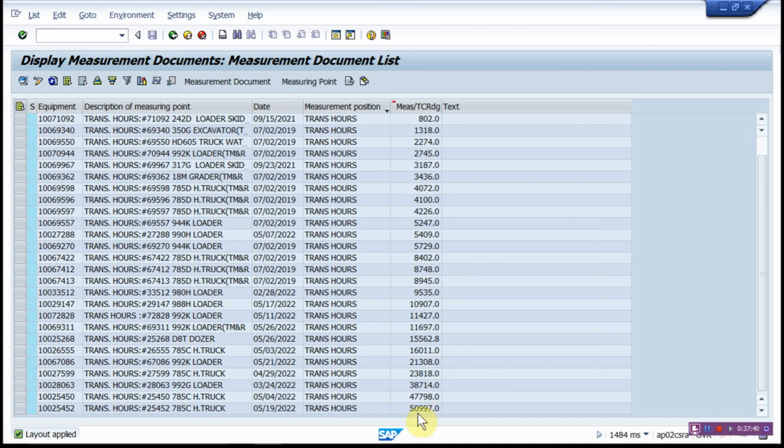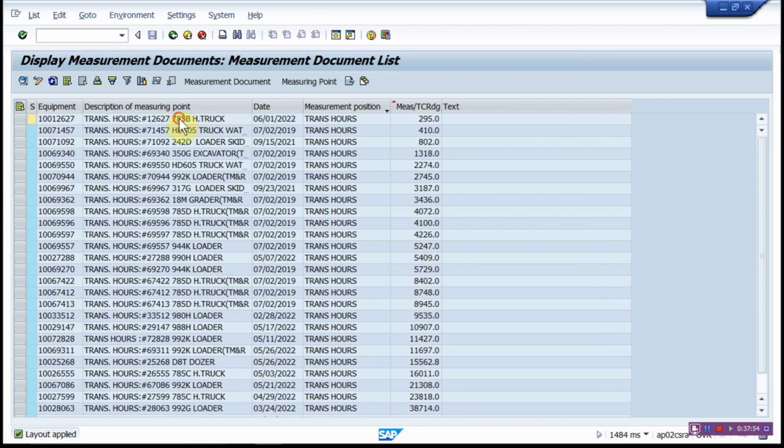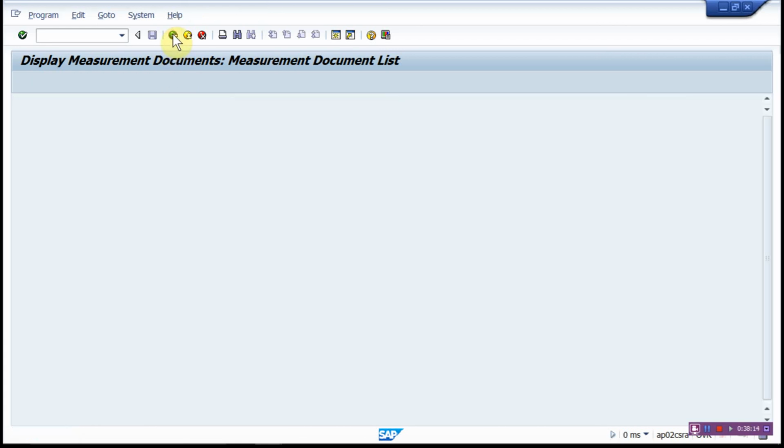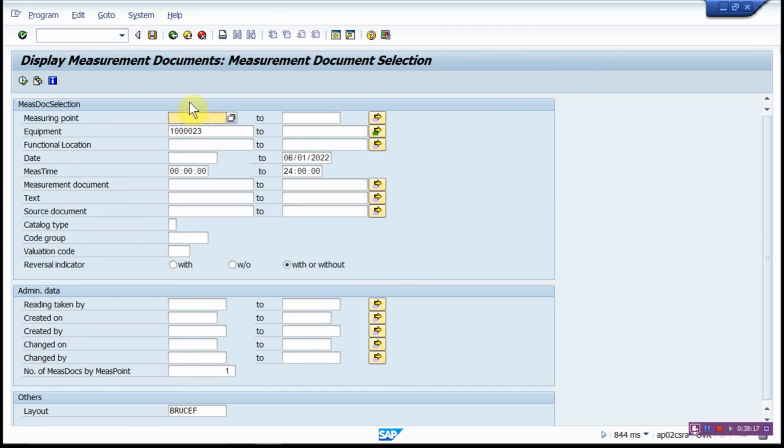Now, sometimes if they had the wrong frame hours in there, or the counter we cannot change, then that might not be correct. But anyway, again, it shows you the youngest one is this transmission hours, 12/2/27. Well, that's right, because I think we made a new one in this too, on the transmission hours. Because I don't think we ever had it turned on. Anyway, that's it for that. I just wanted to show you all how you can change, add counter readings, and then what's the benefit from it. Anyway, I guess we're going to